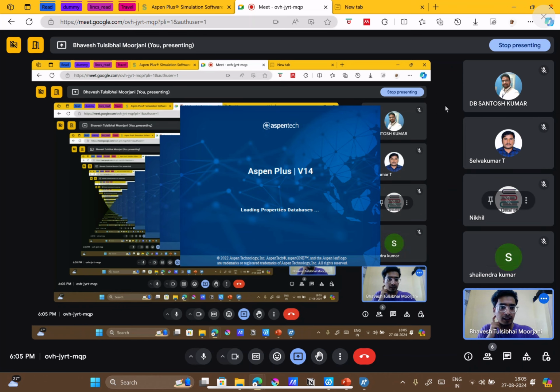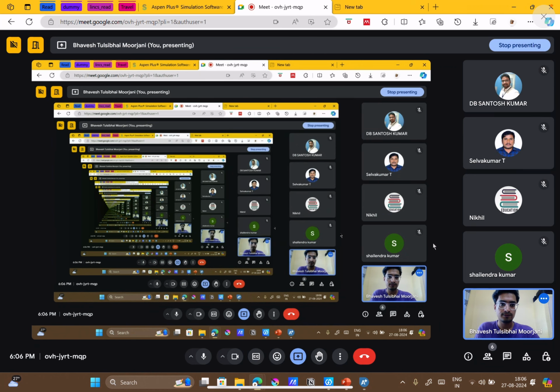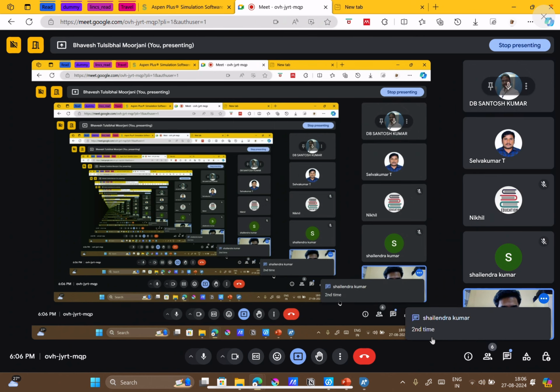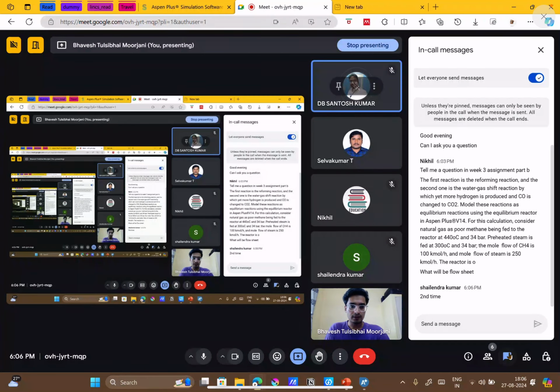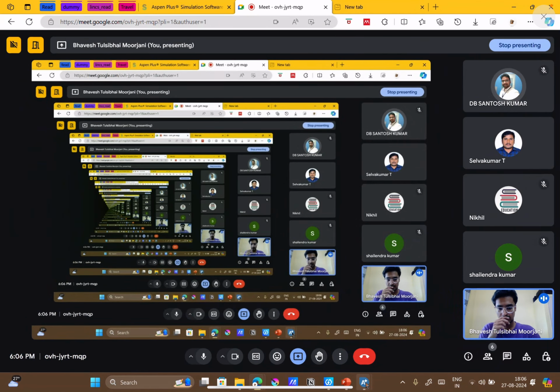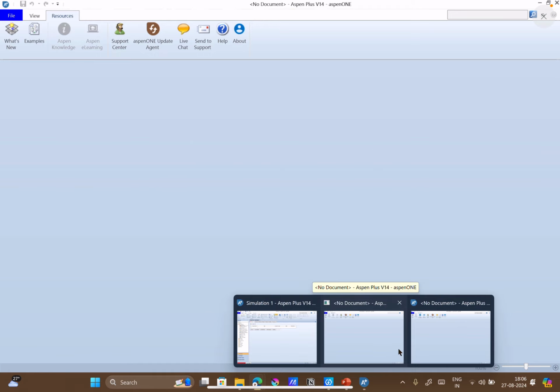So before starting, how many of you were there in the last few sessions? I see Nikhil, I think you were there. Do any of you were there in the last session or before that? Or are you joining for the first time? Yeah, this is my first time. Okay, you are joining for the first time. Santosh Kumar, yes. And what about you? Shailesh Kumar, second time. Okay. Anyway, these lectures are already uploaded on YouTube, so if you want to see it later, you can check that out also. Yeah, it's loading.